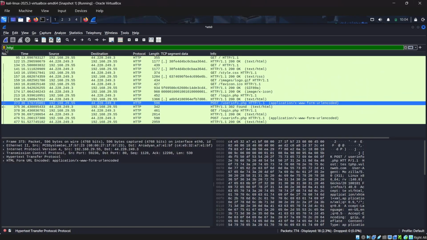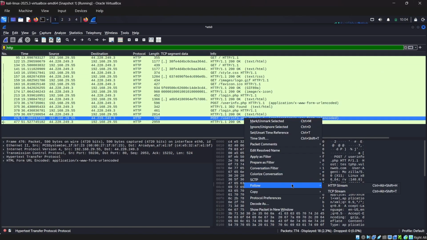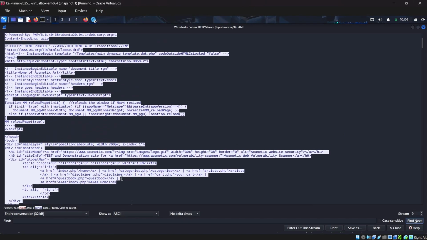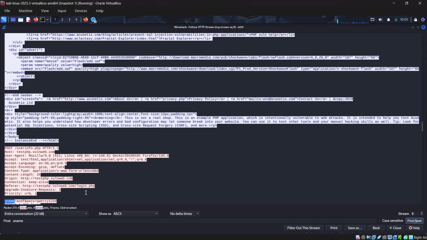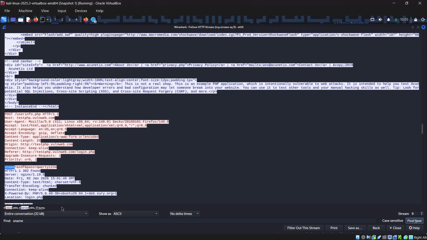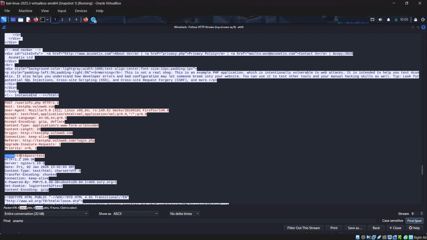Let me use HTTP again, and we have another POST request here. Just opening the Follow HTTP Stream, and here I'm again searching for the username, and here it is. This is basically what we searched before. Let me search it again, and here it is. You can see the username is test and the password is test, and you can see the request was successful, 200 OK, which is a success code, which means that the user was able to log in with the username